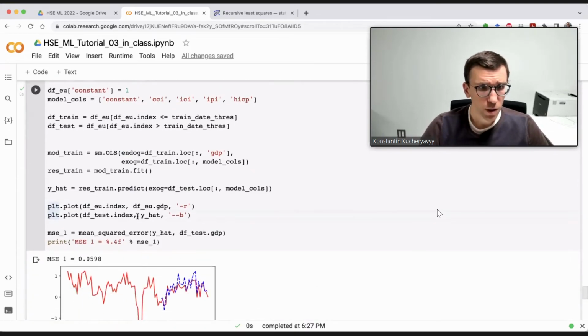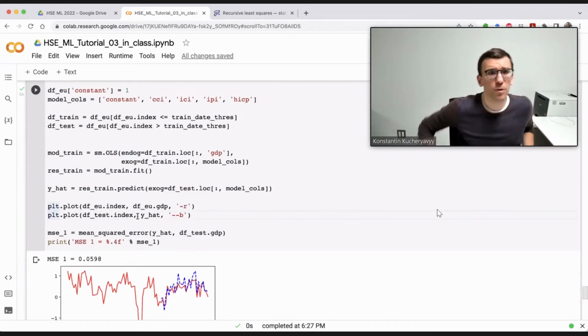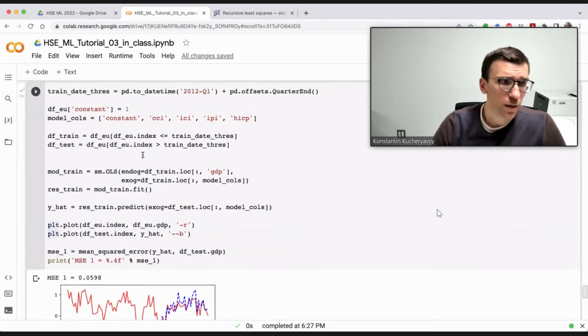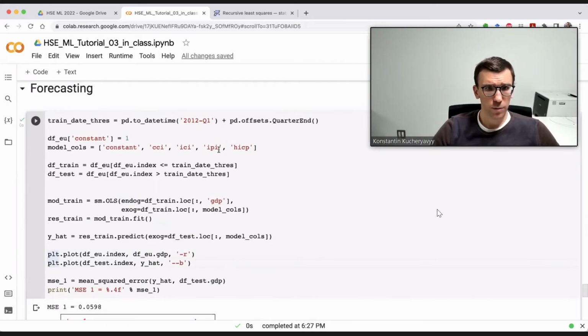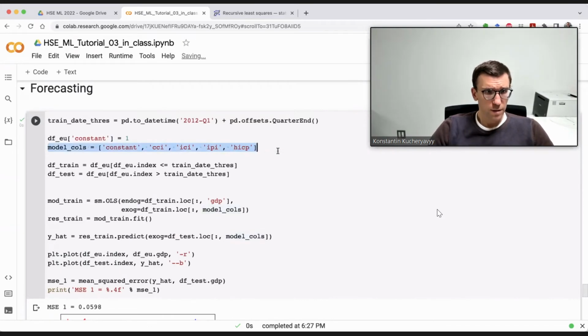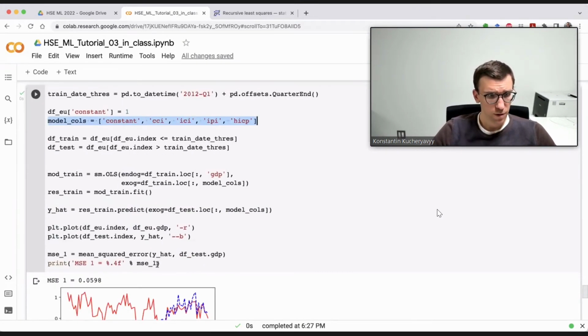Okay. So I just rewrote it in a more generic way where we can now experiment with changing this part and seeing how different models perform in terms of, say, let's call it